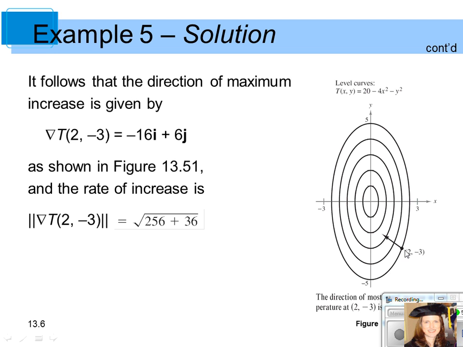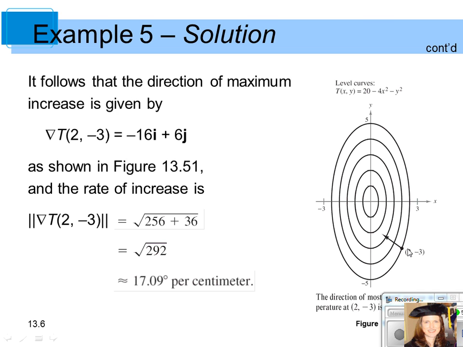So at this point, (2, -3), we find the gradient vector. It's a vector in the plane, pointing in the direction of the greatest increase in temperature. To find that rate of increase, you take the magnitude of the gradient vector. If our gradient has components -16 and 6, the magnitude is the square root of -16 squared plus 6 squared, which is the square root of 292, or approximately